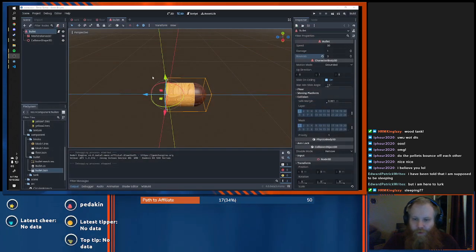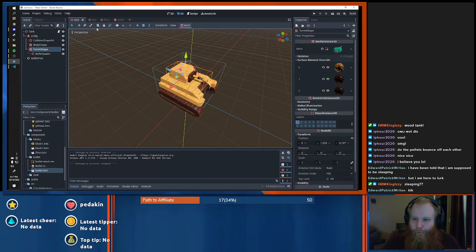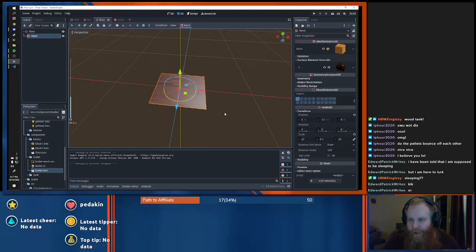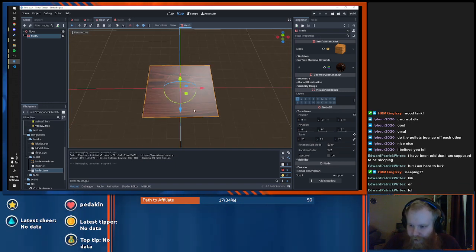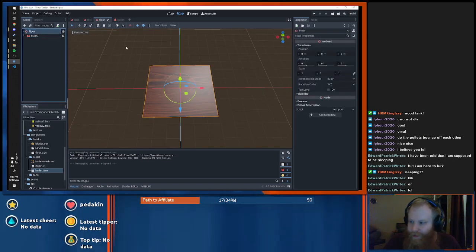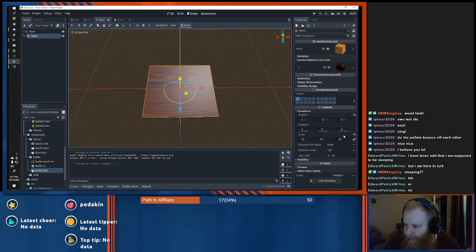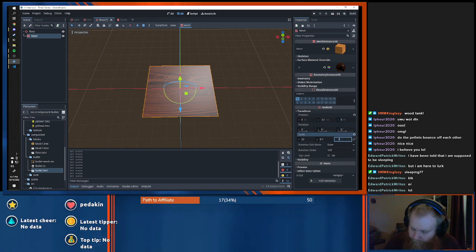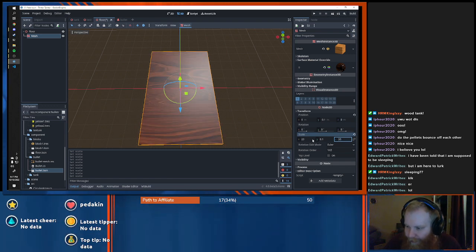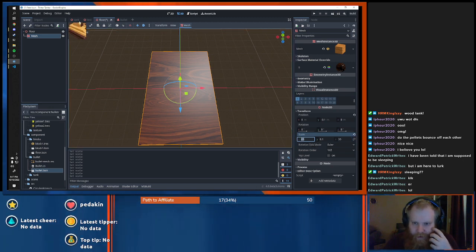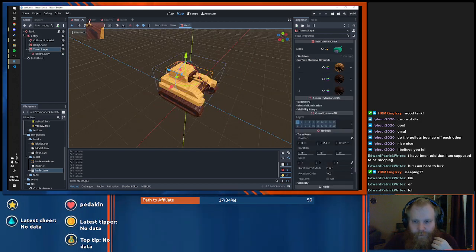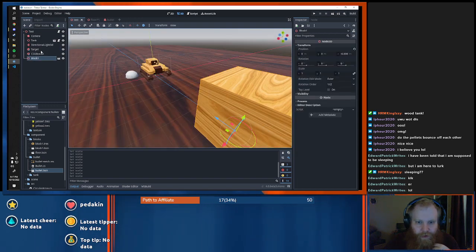Okay, so anyway, my goal is to... I got distracted. 70 divided by 2 is 35, so this needs to be 35. Oop, not like that. Oh, I had them backwards. How did I get them backwards? No, that makes sense. Is it 70 wide by... Okay. Get rid of that. I don't need that.